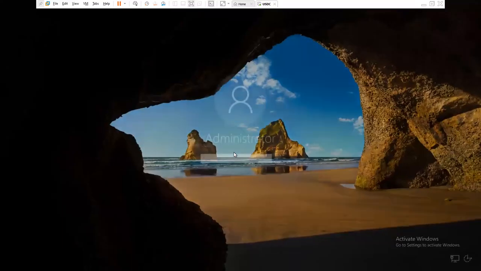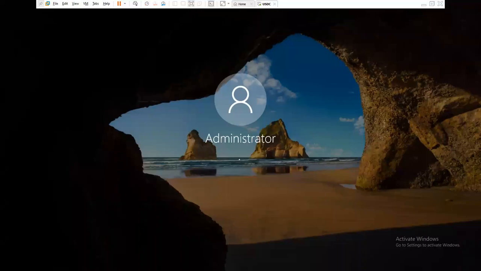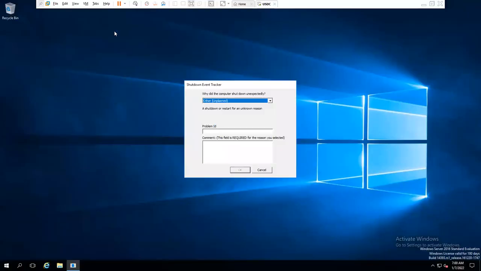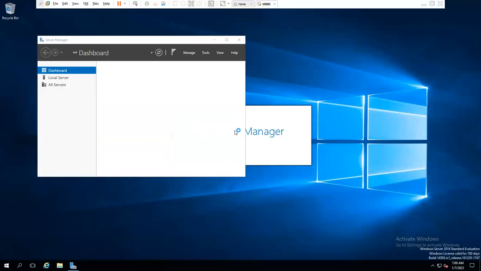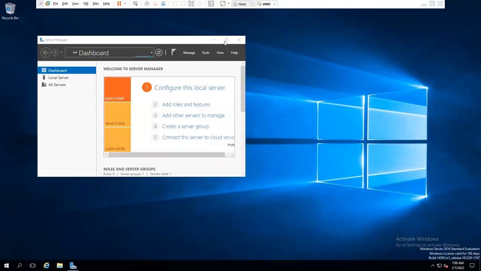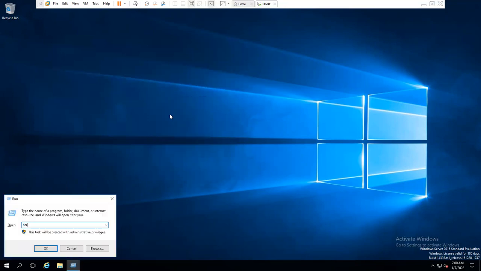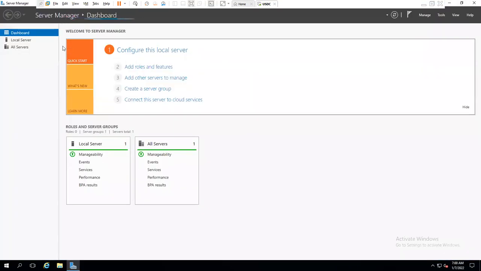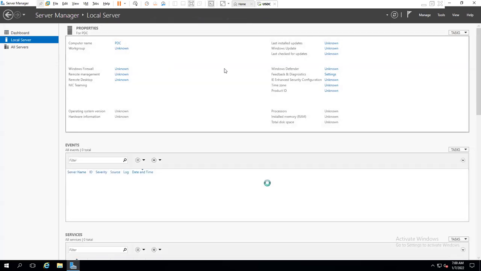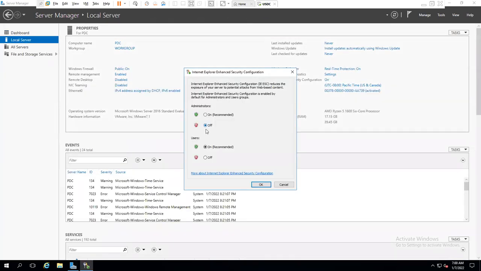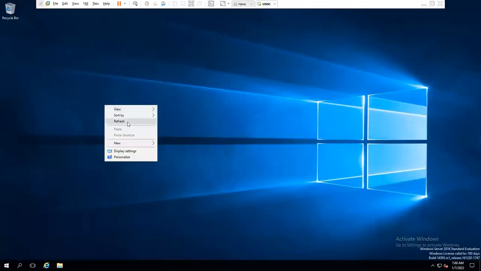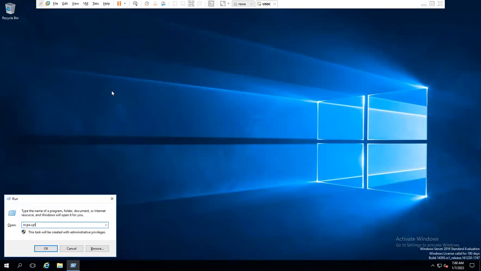Yeah. Logged in. Remember, in Windows 2008, Server Manager will not open by default, but from 2012 onwards, Server Manager will open by default. The command to open Server Manager is this one. How to assign a static IP, manual IP, for this? Start button. The command is